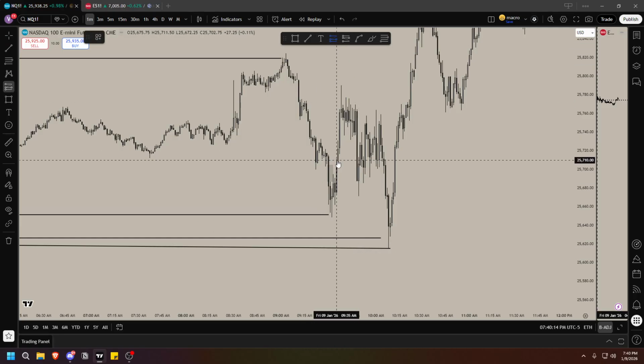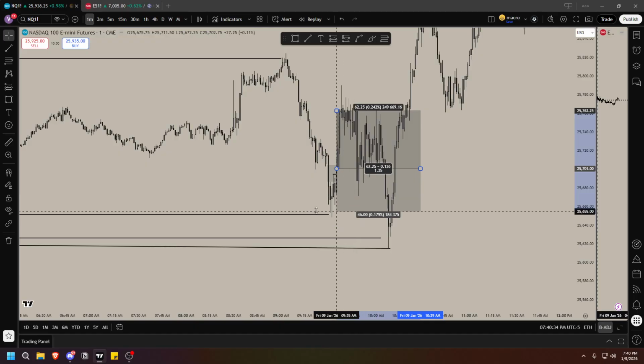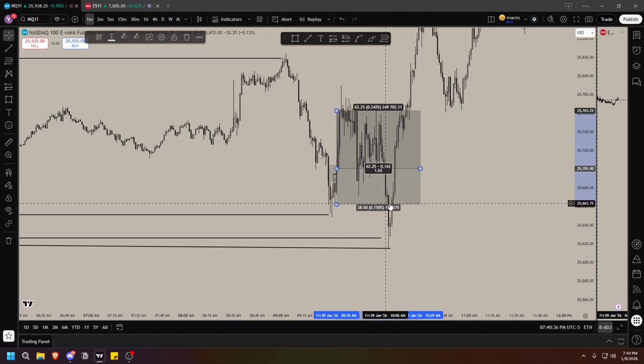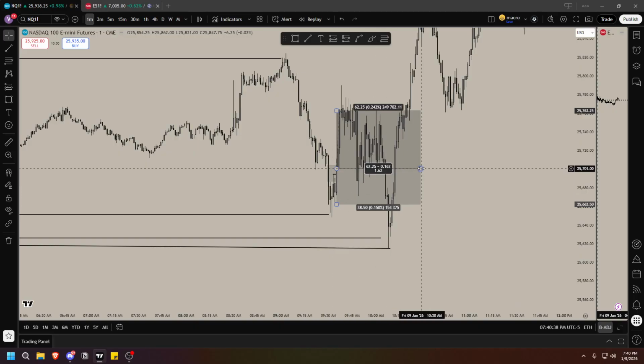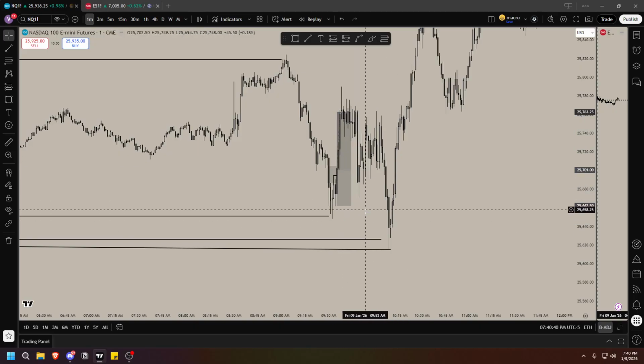So the first pair of longs you could have taken was at the inverse of the SIBI. Once you've seen that price is failing to go lower and you see price displace past this high. I know the candles here were really wicking. In 10 seconds it pumped, in 30 seconds it came back down, in the last seconds it pumped again. But if you just waited for candle closure, you would have been safe. So let's say you waited for candle closure and entered here. Stop loss would have been crazy, I'm not gonna lie, but you would have had it at this wick, the last low. And from there, you would have trailed it and de-risked along the way.